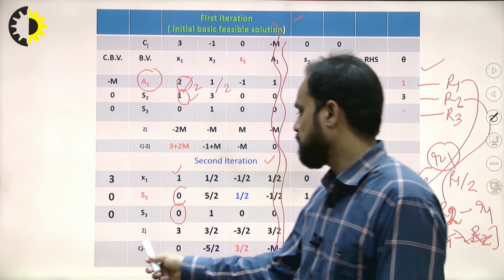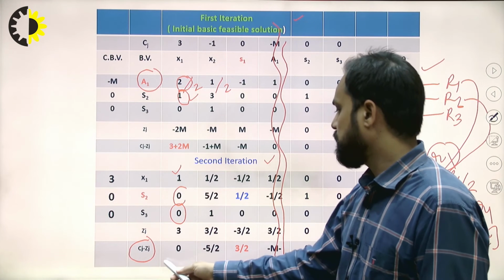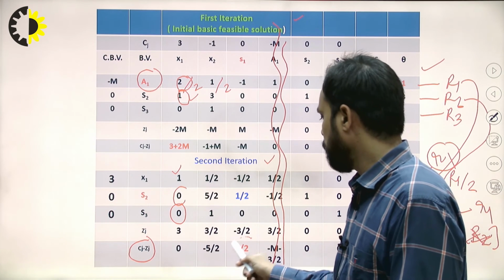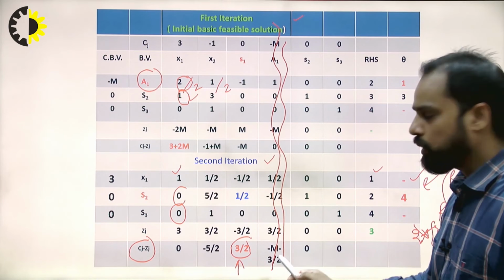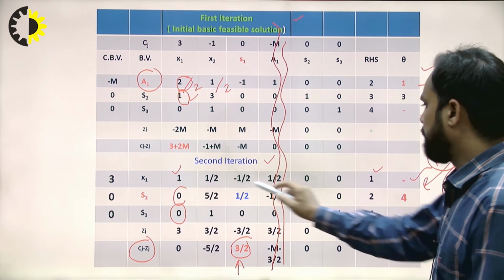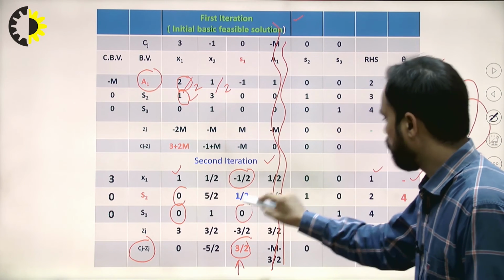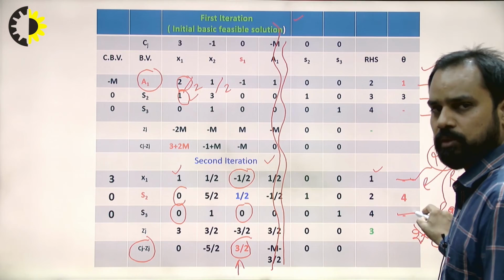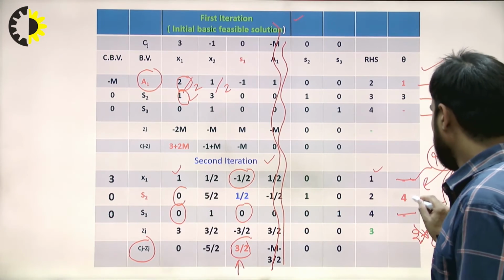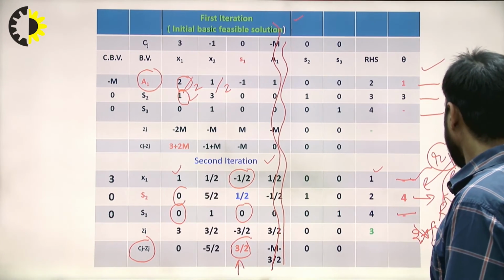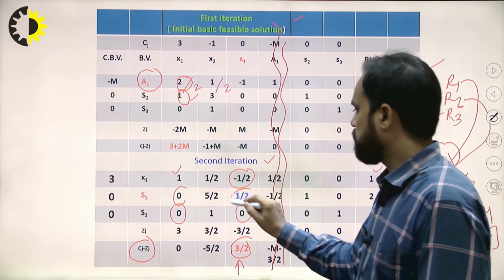So again we can see the Cj minus Zj values. Now we can see the most positive value is 3 by 2. So it is the key column, and these are the elements of the key column. We get theta. This one is negative and this is 0, so no need to calculate theta for those, because they will not be the leaving variables. So here we can see this is the leaving variable, that is the key row. So this is the pivot element.